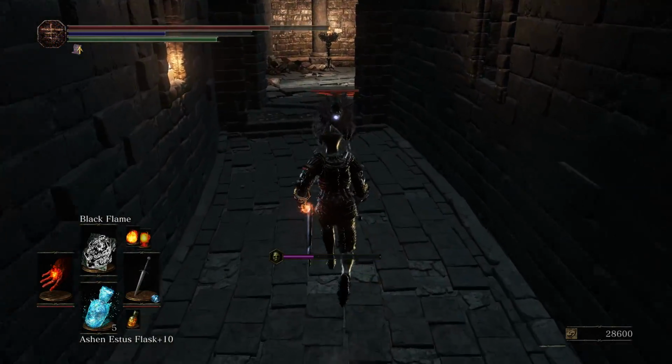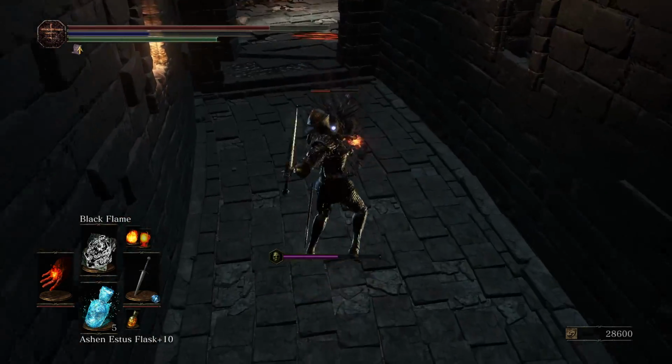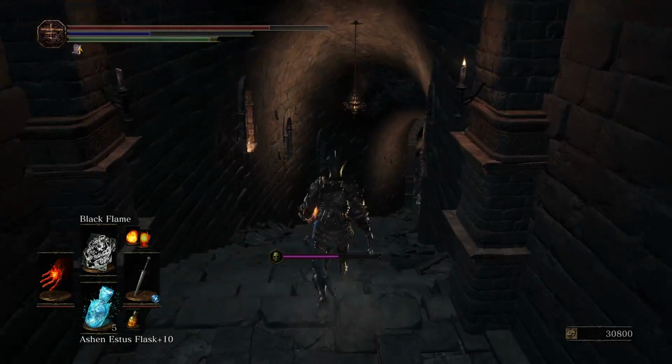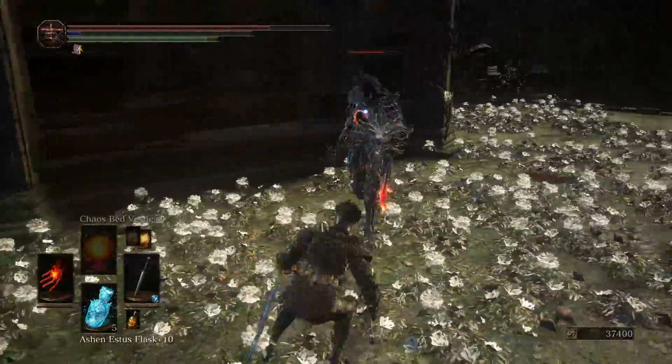At this point, you have to be careful even when fighting the smaller dudes, because some of them will have an aura that will slowly curse you, though luckily these are very easy to recognize because they have crazy spikes growing out of them. Once you kill a couple of the smaller dudes, you will encounter your first Ringed Knight,